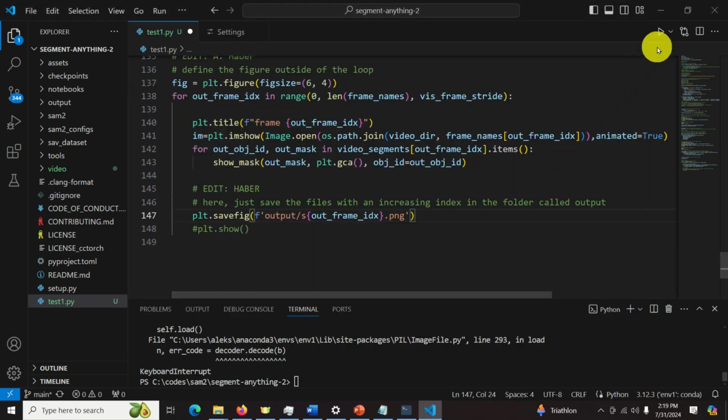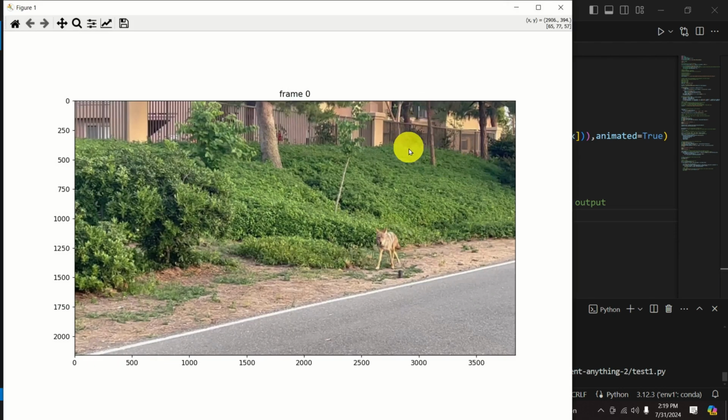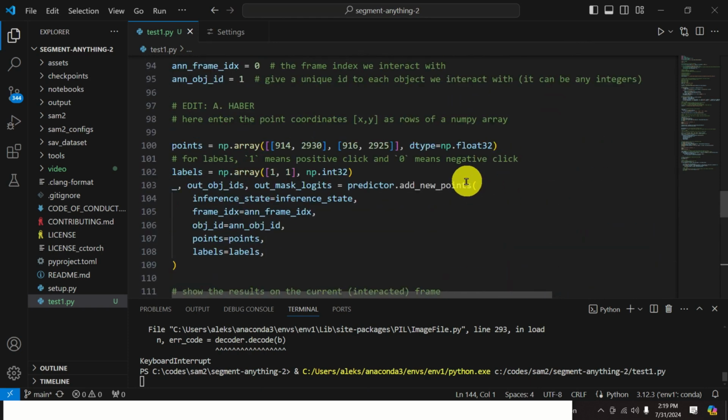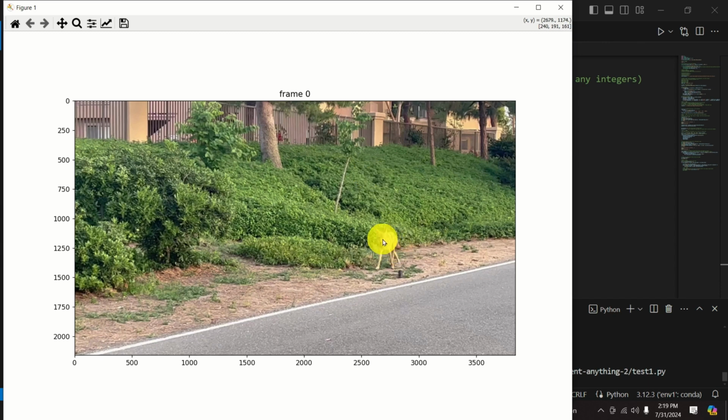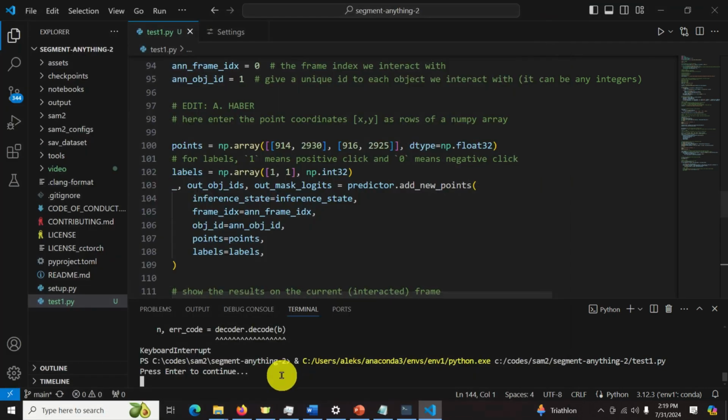Okay, so let's run this code and let's see if we will see an error, and I will explain how to fix that error if we see it. So let's run the code and let's hope that everything will be fine. Okay, I will simply close this window since I already detected these 2 points over here, and just to remind you, I entered them over here. So for example, if I go back, one of the points is here, you can see the coordinate, another point is here, and you can see their coordinates over here. So I will simply just continue my code. I will close this, I will press enter to